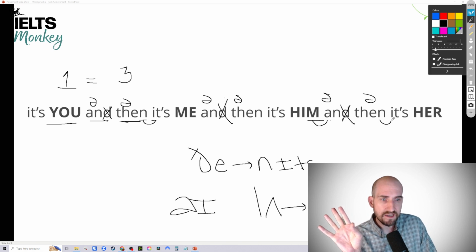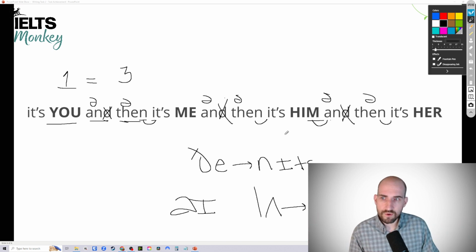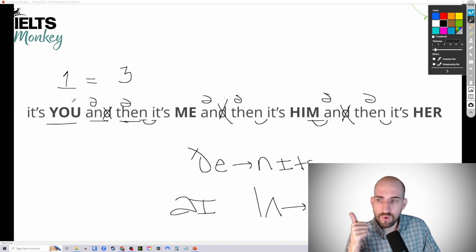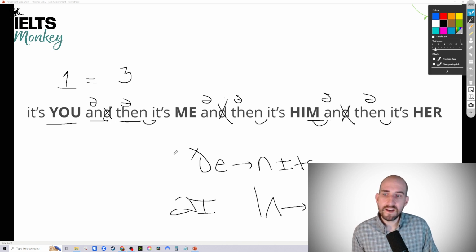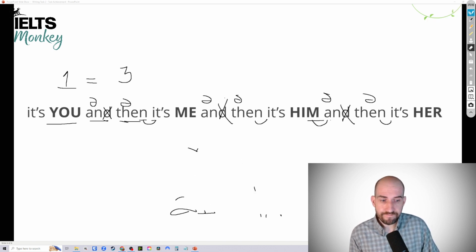Hopefully you're getting the idea here. Let's go ahead and connect it over here. And voila. It's starting to look a little bit pretty. Now, so far we have our word stress, we have our schwas, we have our linking, and we have eliminated a sound. And all of this together takes and then it's, which can be quite difficult to say quickly,